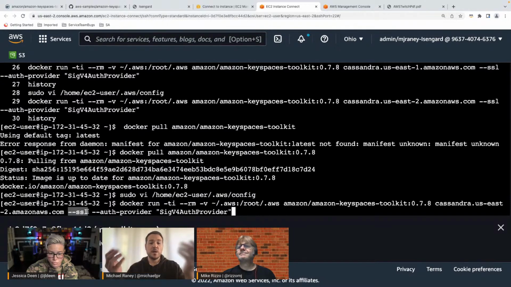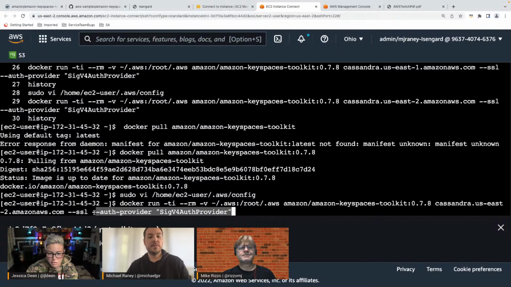You have to use SSL with Keyspaces, with no choice of using it unencrypted. And as Mike mentioned previously, we're going to use a SigV4 authentication provider for short-term credentials. This allows you to essentially use IAM roles to connect to Keyspaces. You either assign users to a role, or you can have a service instance tied to the role,